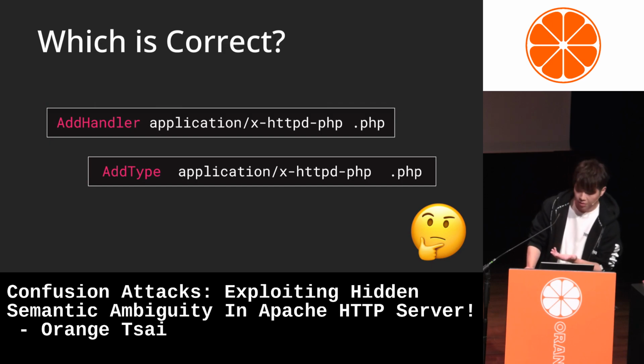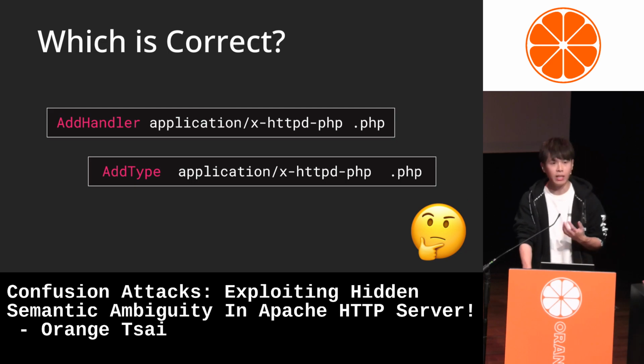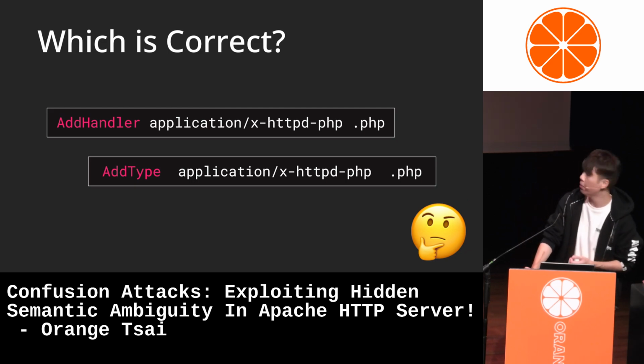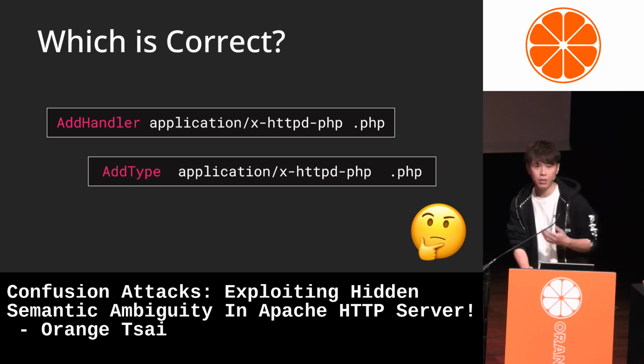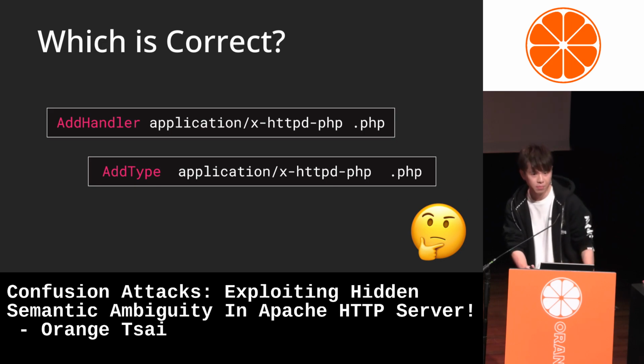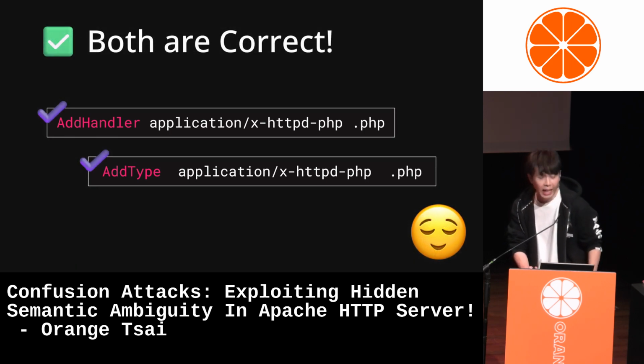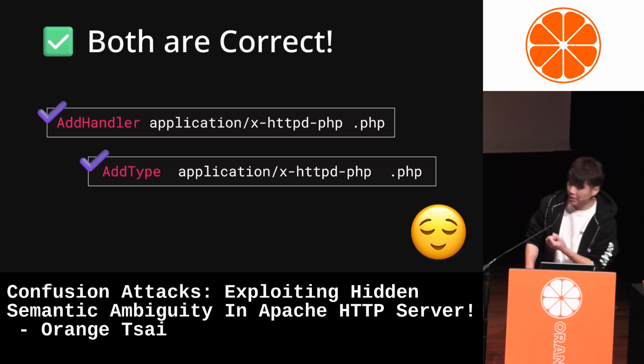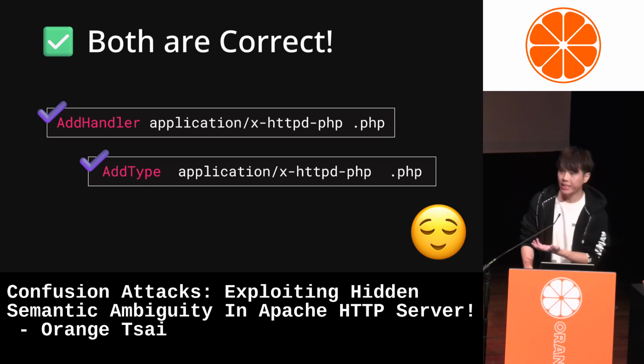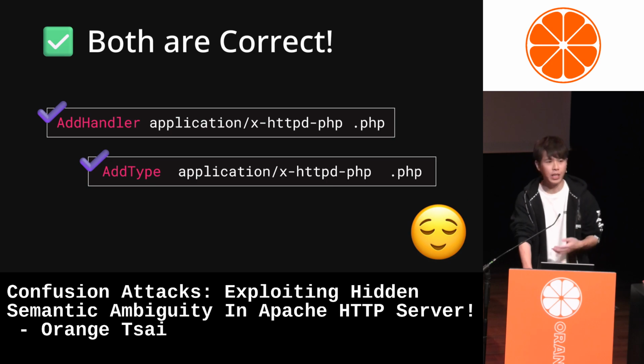For example, when the website admin wants to set up PHP on his server, he might come across 2 common directives, AddHandler and AddType. And which one do you think is correct? Actually, both are correct. Both methods can properly get the PHP running.